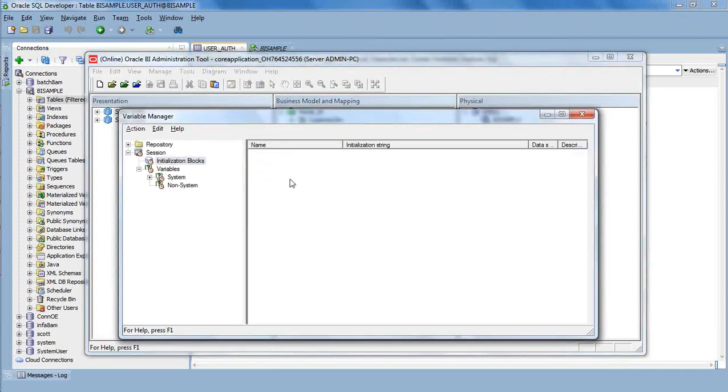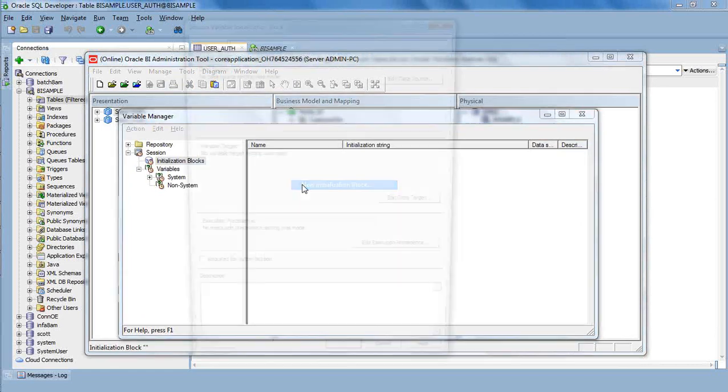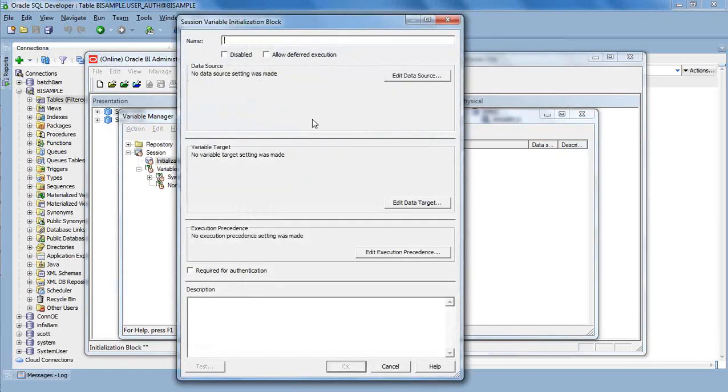So I go and create my initialization block. I can say new initialization block. Within my new initialization block, I can name it init_don_variable. You can give any name, xyz. If you observe one thing here, my